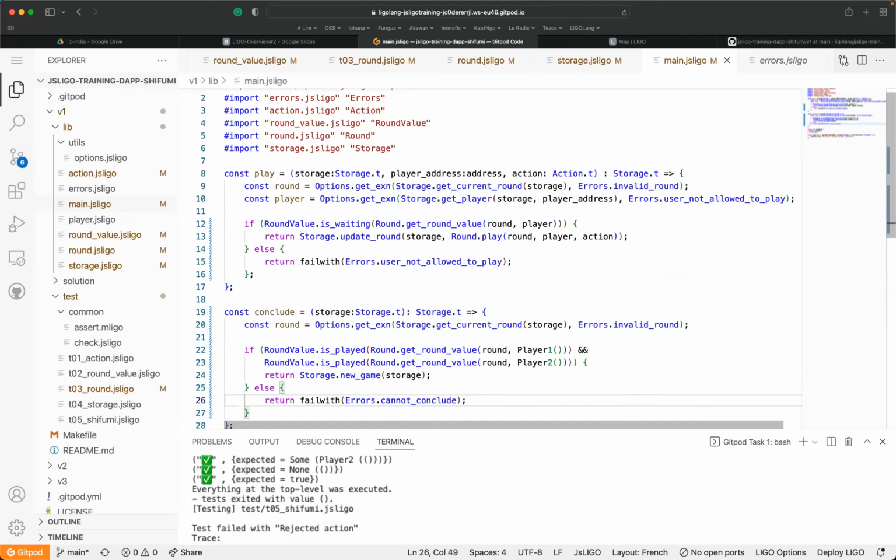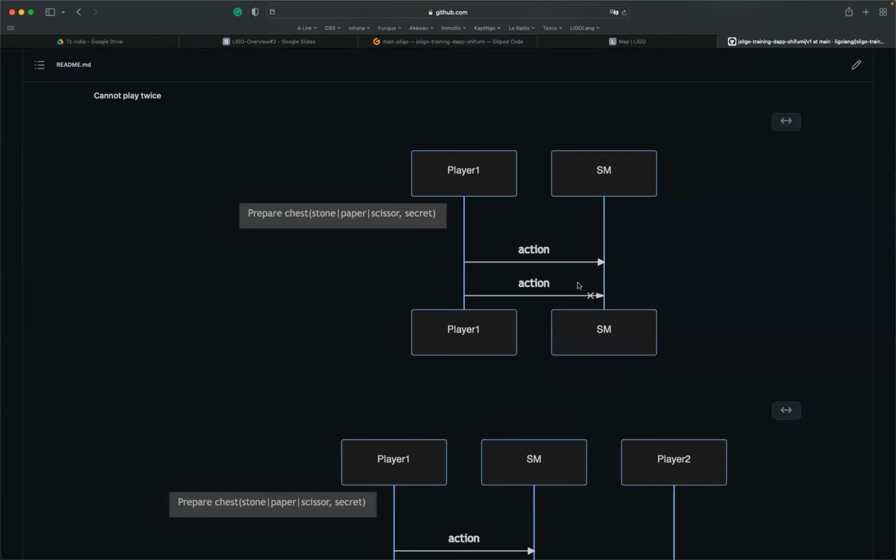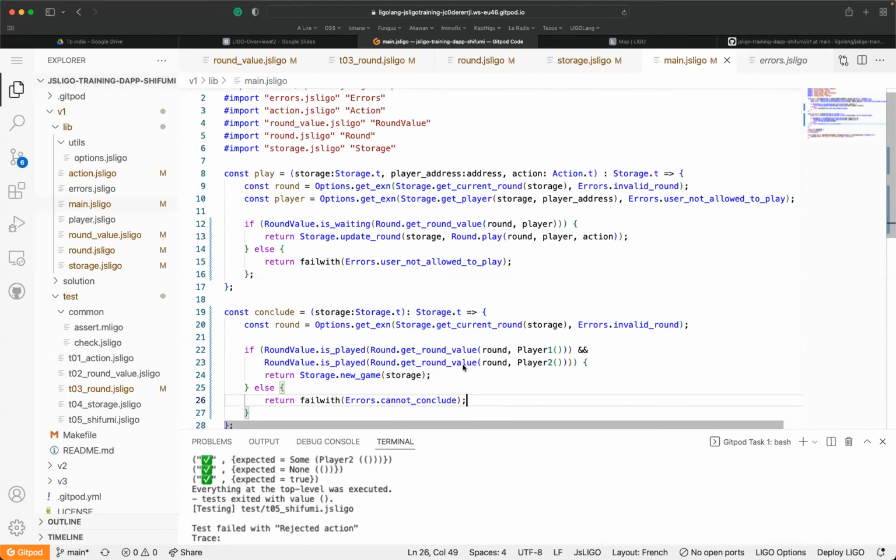This is just to mimic and to explain that once we have this cross here, it's forbidden, it's prohibited. Otherwise, if I return the storage as is, the conclude has been performed, but it does nothing. So here I prefer to send an error, I decide to raise an error.